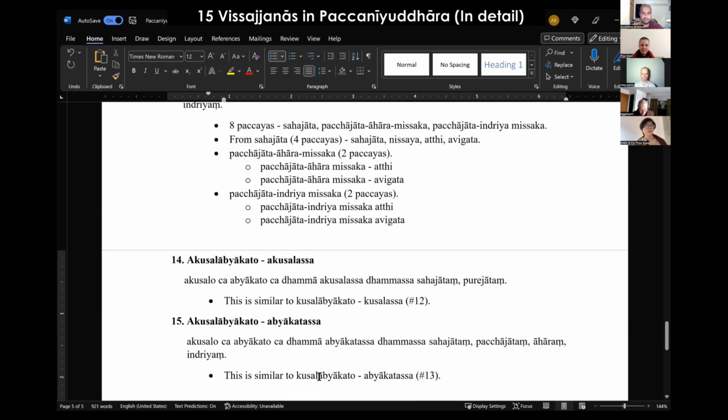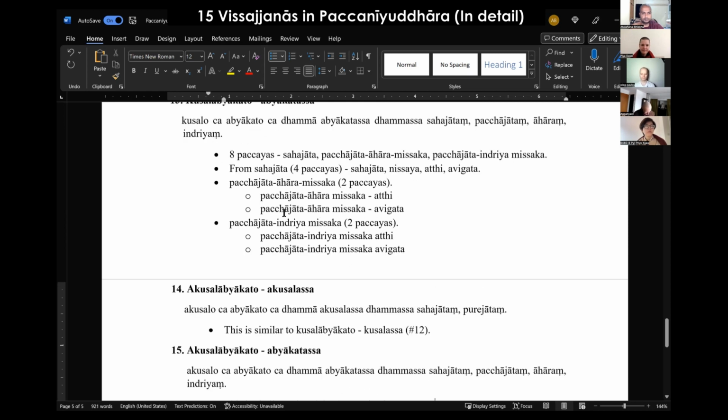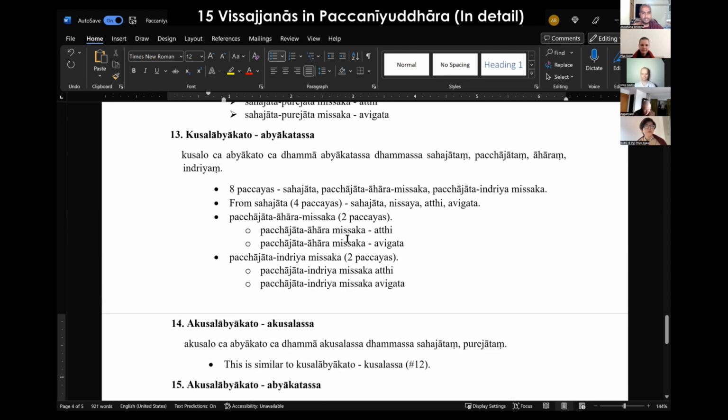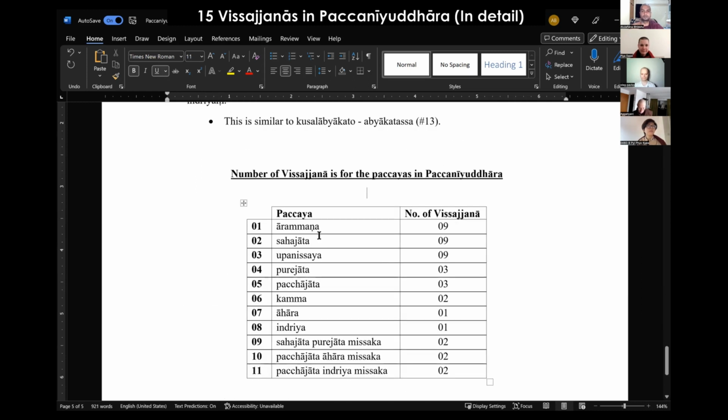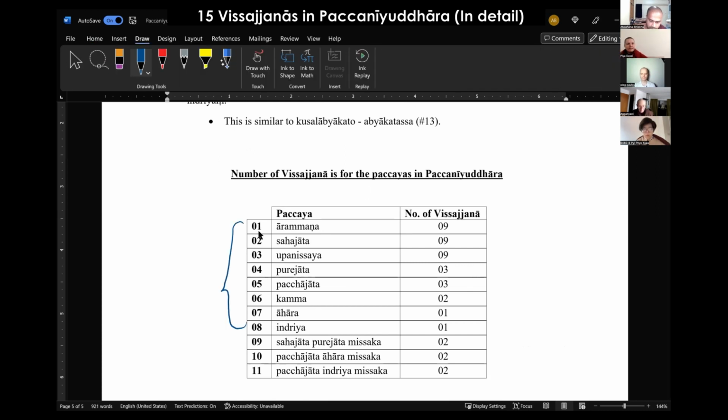Okay, this is similar to the 13th one, right? This one is similar to kusalabhyakato abhyakatassa. So in summary, for each of the main paccayas, the main paccayas are the first stage, right? For these main paccayas,